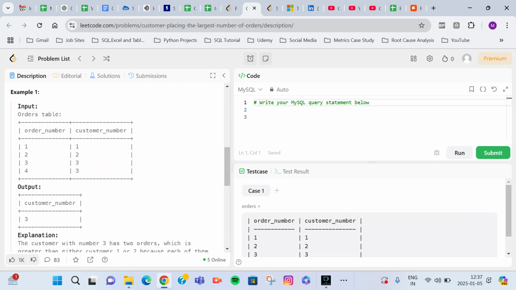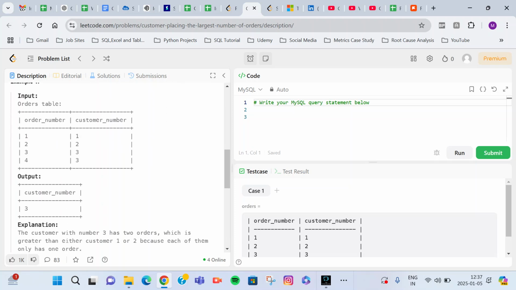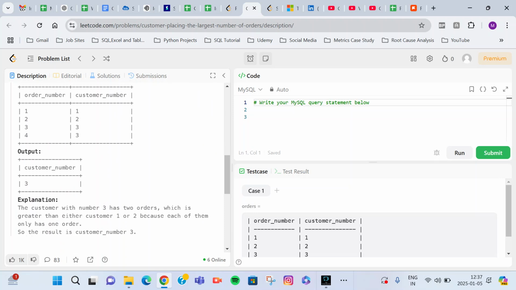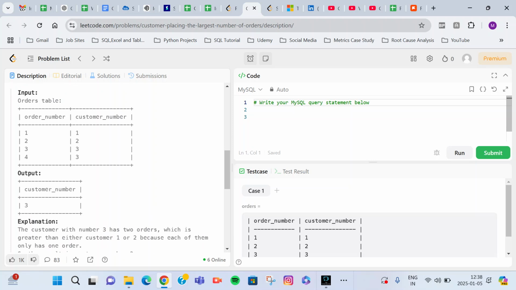As you can see in the input, customer number 3 has placed 2 orders. So in the output we need only customer number 3. Now let me write the query, select. We need only customer number, so I will write only customer number in the select clause. Customer number from orders table